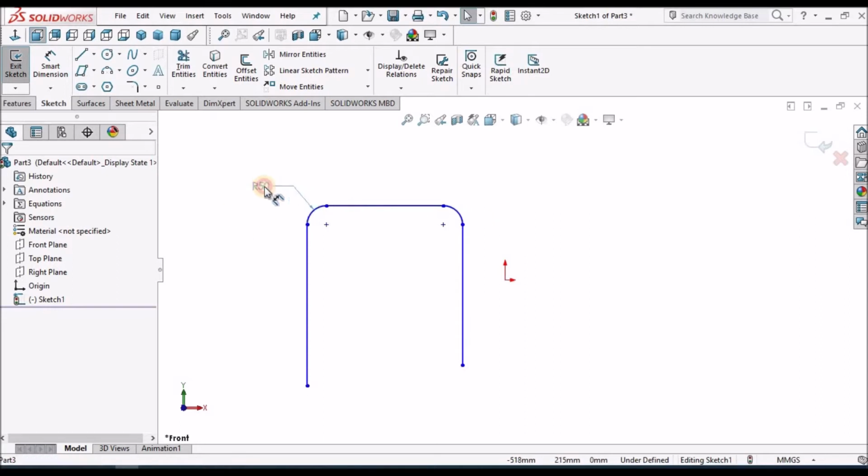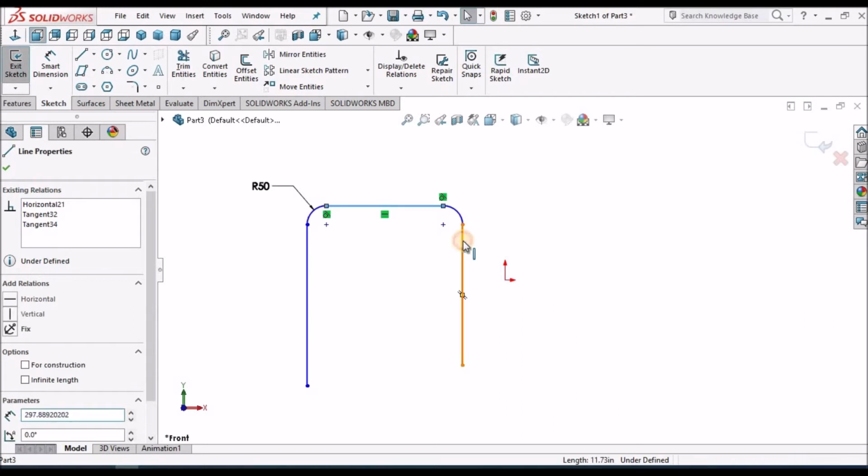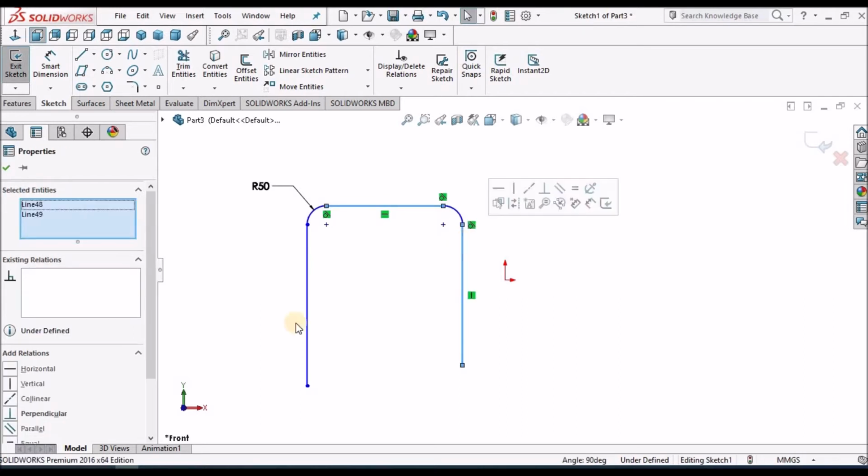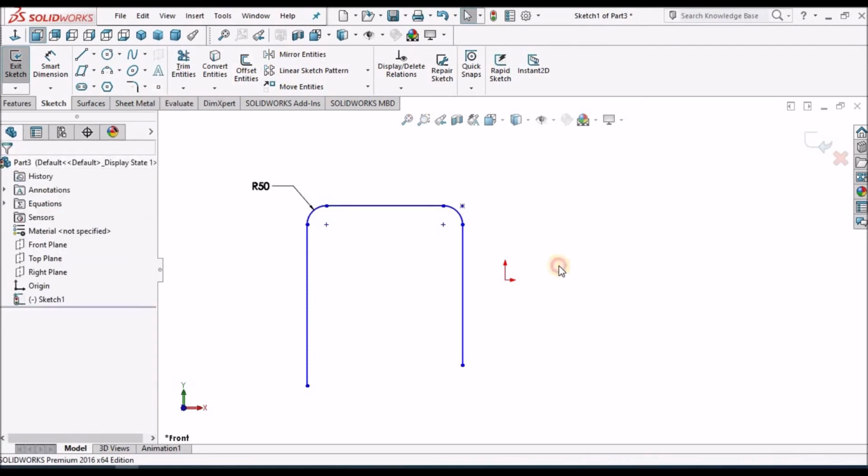So this intersection point of these 2 lines I want to show. Then what I need to do is select these 2 lines and click OK.